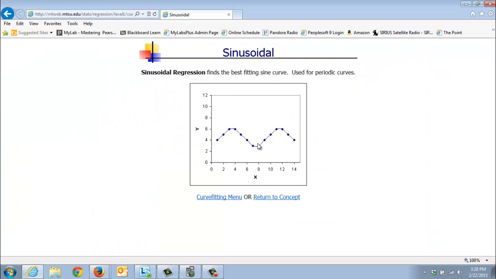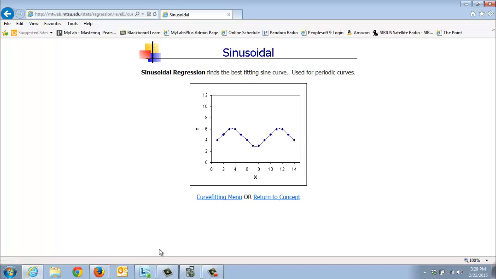just a simple example here. If we have a set of data and plot the points, and you see that it has a cyclical nature, then your graphing calculator will come up with a line of best fit that will maybe not go through every point, but will come very closely to going through the points if it is indeed a sinusoidal type